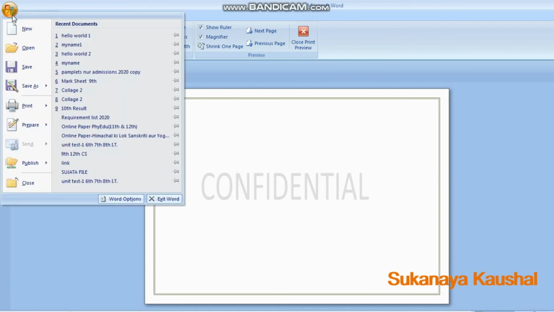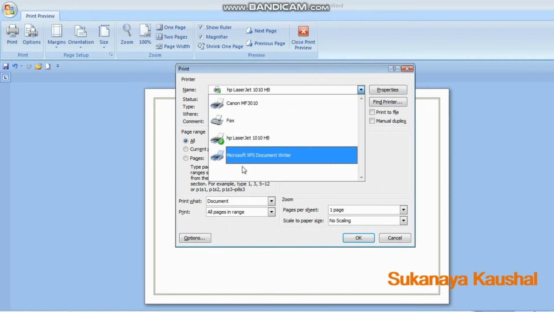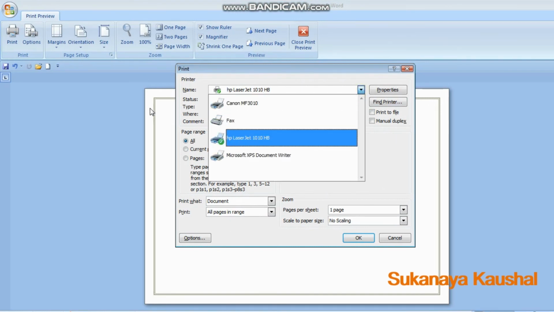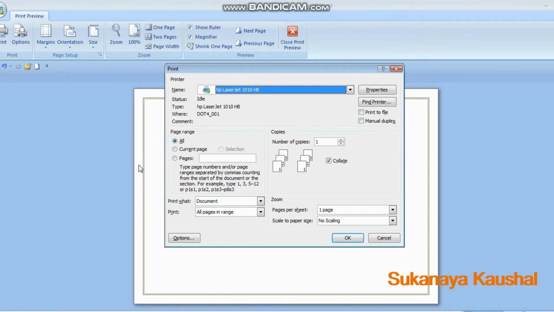Otherwise you can also select and print the document with the settings of your printer. Just select your printer kind, and after selecting your printer kind, select which pages you want to print. How many pages do you want to print?